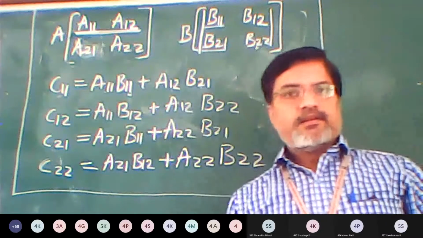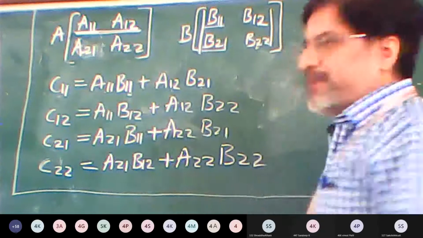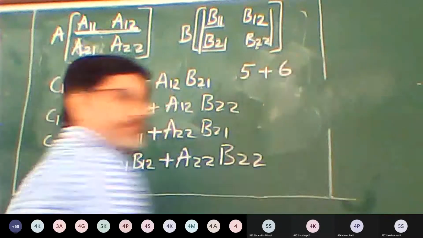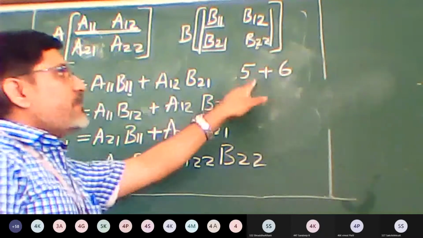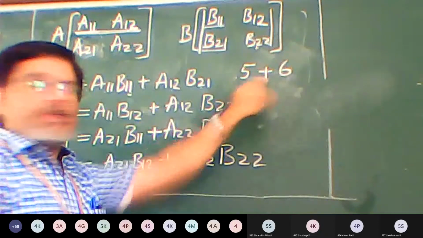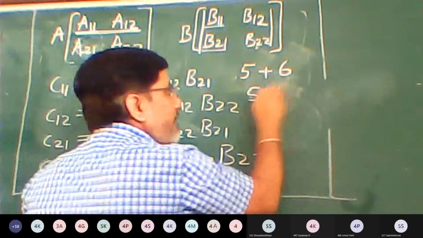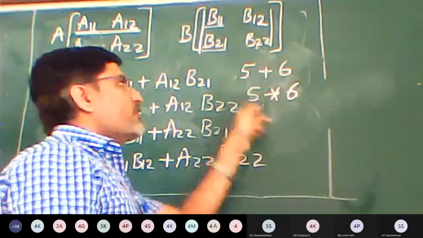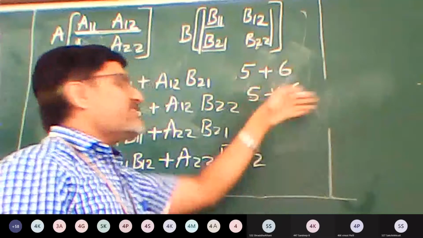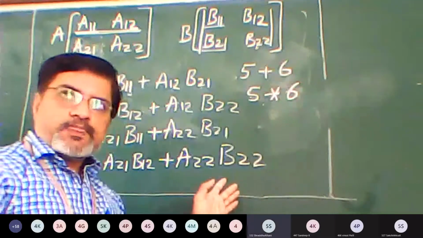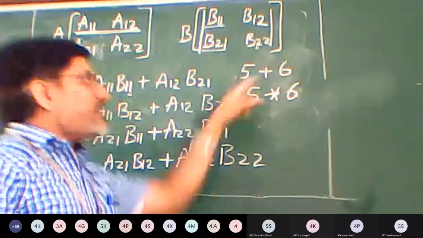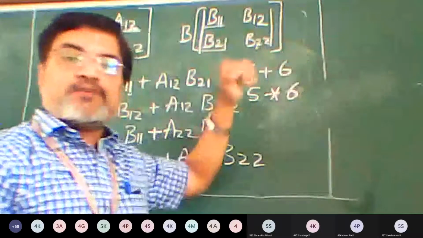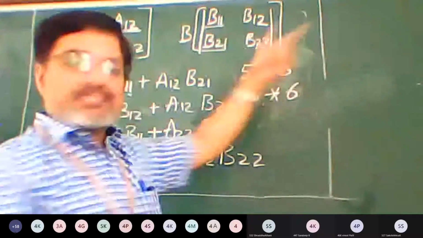Yes, sir. Right? A simple example: suppose there is 5 plus 6, then there is only one addition operation. But if I write 5 multiplied by 6, aren't we adding 5 six times, or 6 five times? Can we think in this way? Can we say that multiplication requires much longer time to perform than simple addition or subtraction?